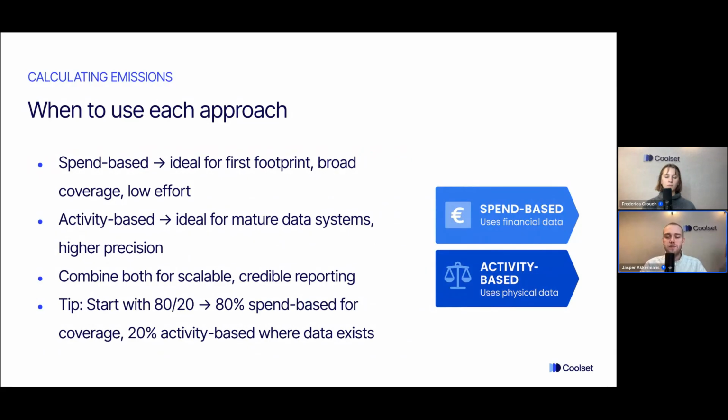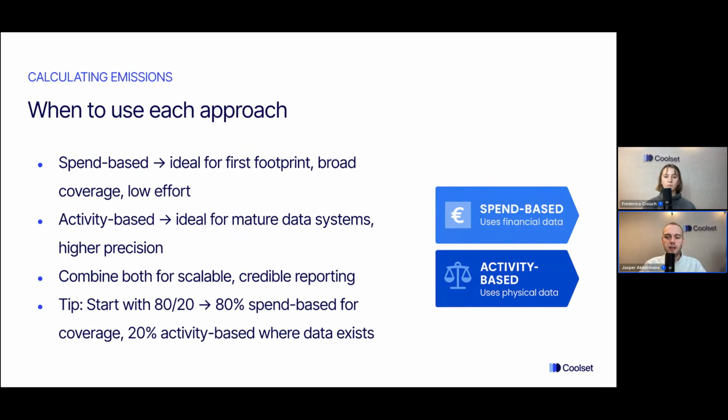I think there are very few companies, if any at all, that base everything on activity-based data, because, for example, if you spend 50,000 euros on consultants, I think that will be very hard to quantify as an activity-based emission factor. I think that's in the current day and age of carbon accounting just simply not possible yet. So there will always be some things that are referred to spend-based calculations. And my tip there is start with 80-20. So 80% spend-based for coverage and then 20% activity-based where data exists,